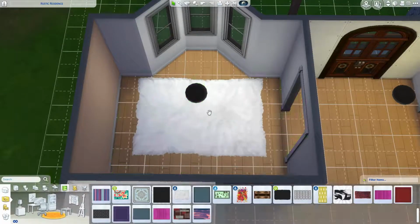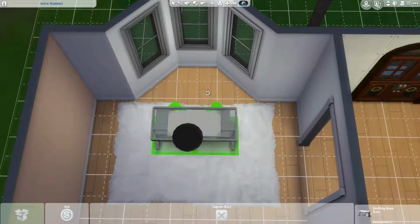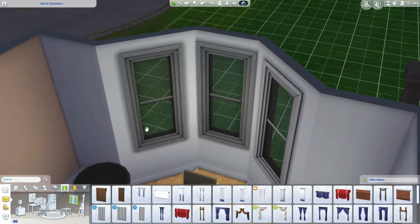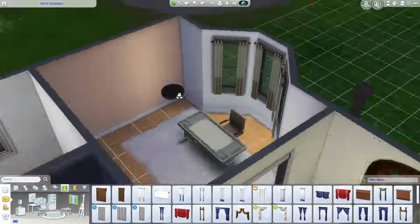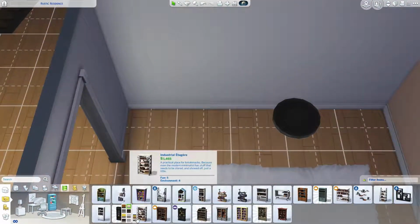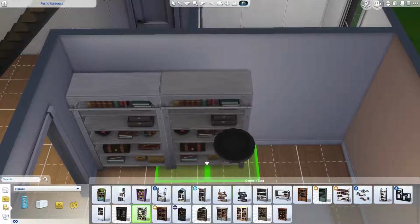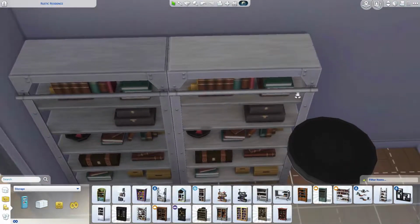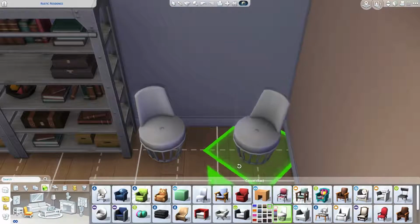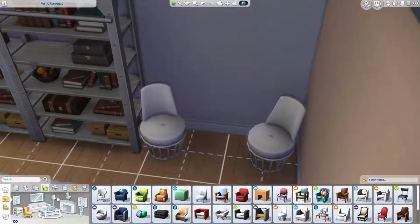Moving on to the study here in the front of the house. I wanted this to also have a bay-ish window, but unfortunately, if you do a bay window with less than 2, I think, in the middle, it basically just doesn't work because you can't do an octagonal roof, and I do not like to do a bay window now that I know that I can do an octagonal roof. So, it's got that little wall above it. But anyway, onto what I'm actually putting into the